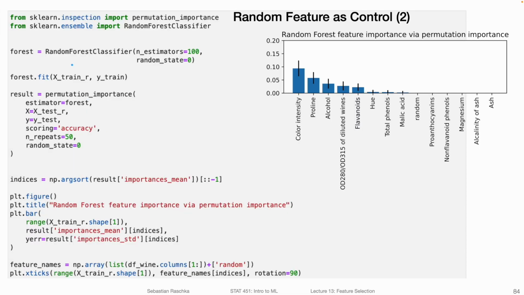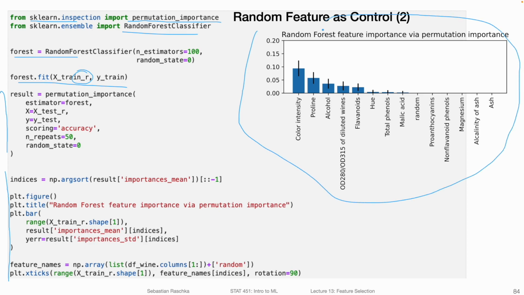And then what I do is just running the permutation importance as usual. So I have my permutation importance here, let's say from scikit-learn. I import my random forest classifier, initiate my random forest classifier, fit it to the training set. And here notice now I have the modified training set with this random feature. But everything here is the same as before when I used the scikit-learn permutation importance. And then here at the bottom, I'm plotting the permutation importance. And on the right-hand side is my plot.